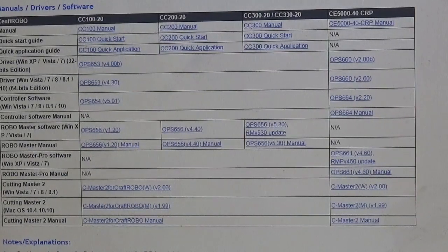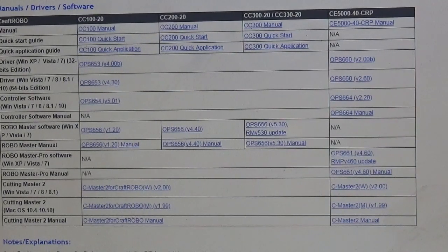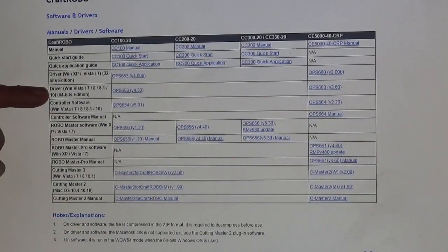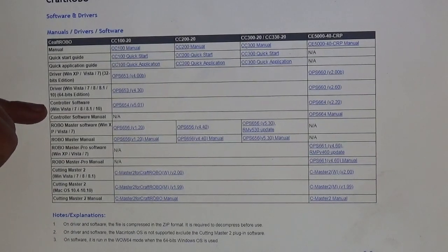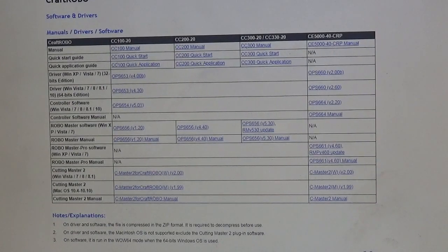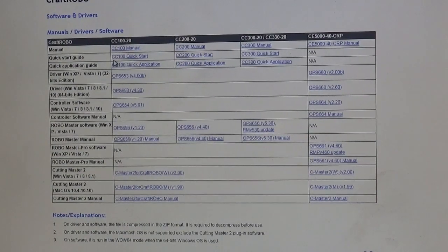We then had issues with the drivers. So what we had to do was download the driver for the 64-bit edition. Well, you can't see where I'm pointing there, can you? Or maybe you could, who knows. We had to download the driver, and we thought everything would be okay then, it would work. It didn't work. We then had to download the controller software as well and install that. So we've got the Robo Master, which is the program we'll have a look at in just a moment. The driver and the controller software all had to be downloaded to actually get it to work. Once we downloaded all of them, we were able to,